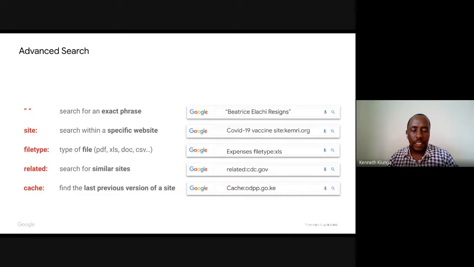Related helps you to find related websites. So if you use related:cdc.gov, it will bring you similar sites like CDC. For example, if you are used to a certain website for getting images to use in your stories, and for this story you didn't get a good photo there, you can go to related: and type